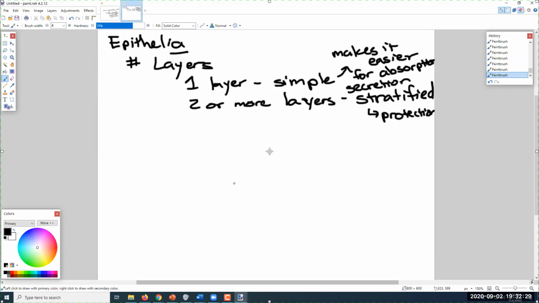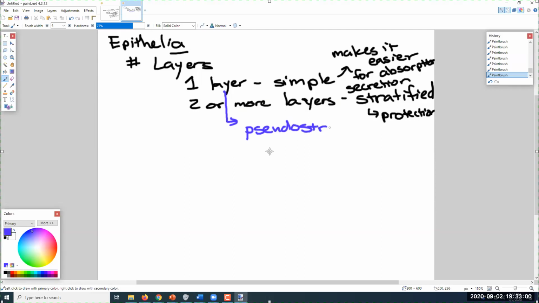So that's number of layers, right? And then there's other ways to kind of categorize this, okay? Besides layers, oh, I forgot to mention, there is one more type of a simple type that doesn't really fit in this. I mean, it is still a simple one, but it's like a subcategory of the simple one, okay? It's called the